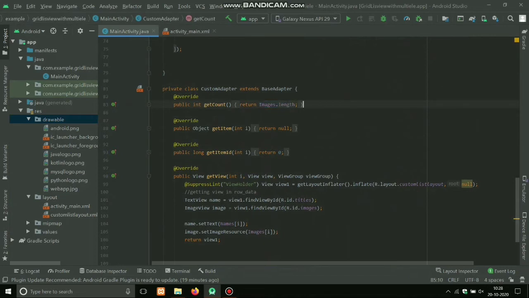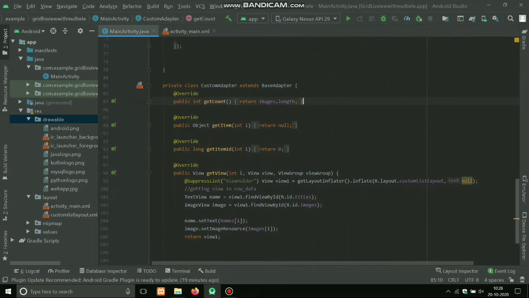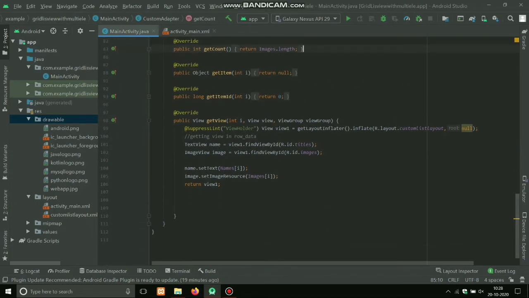Here I'm returning image.length. getItem will return null. Okay, leave this one, no need to override. This is the main function to override. Here I'm taking the custom list layout